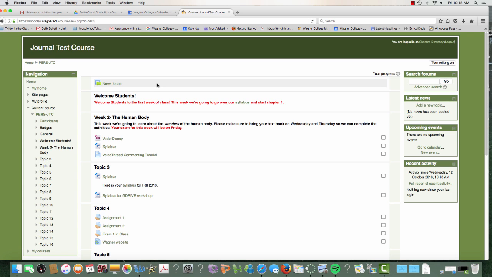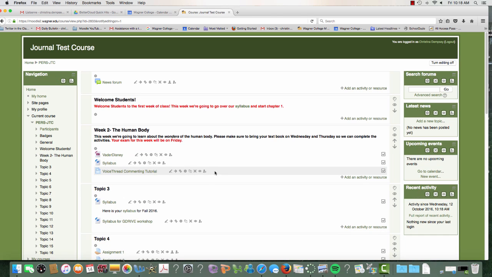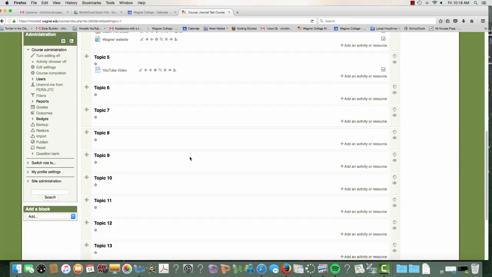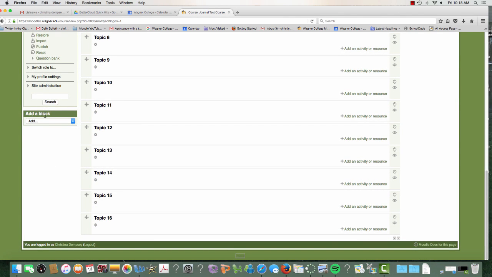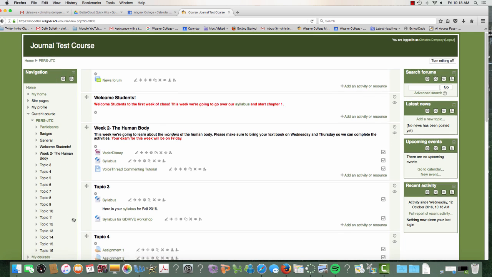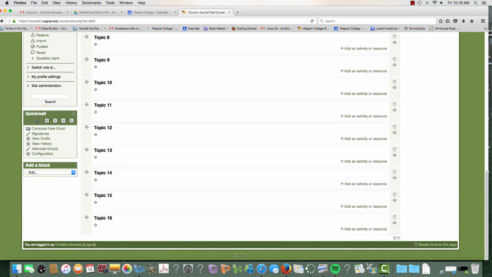So to add the Quickmail block, it's extremely simple. All you have to do is make sure your editing button is turned on in the upper right-hand corner. Then once the page loads, scroll down, and on the left-hand side you'll see Add a Block. From the drop-down menu here, choose Quickmail, and the page is going to reload a bit. And once it reloads, scroll down and you'll see the Quickmail block has appeared. So just to show you a little bit about the Quickmail block, to compose an email, you click Compose New Email,